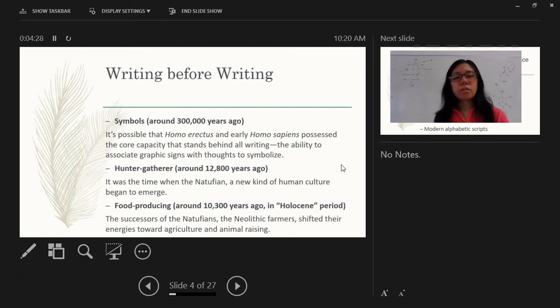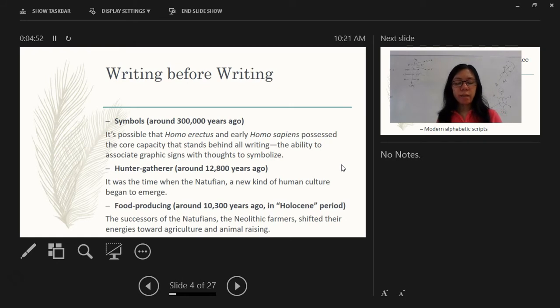But after that, around 10,300 years ago, they turned to food producing, which is in the Holocene period. It was developed by the successors of the Natufians, the Neolithic farmers. They shifted their energies toward agriculture and animal raising. So at this time they were